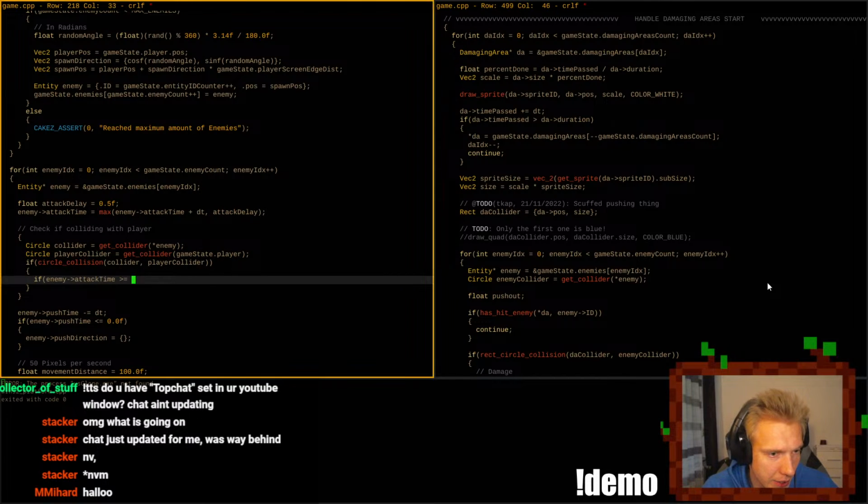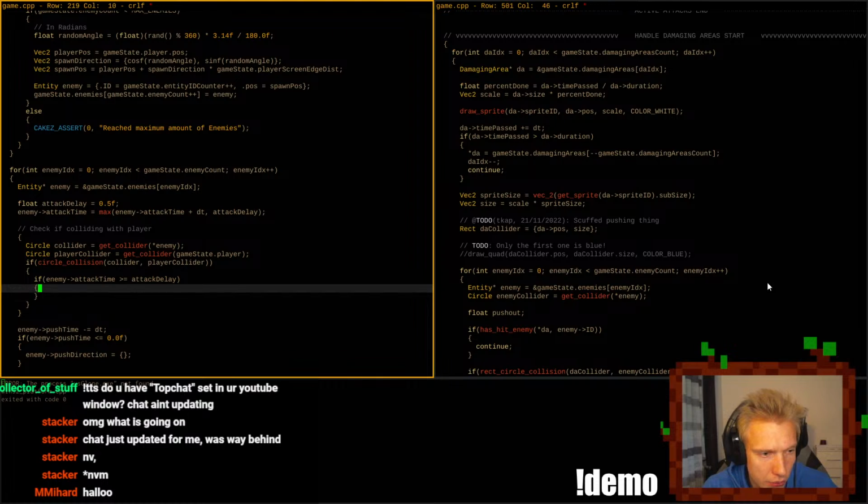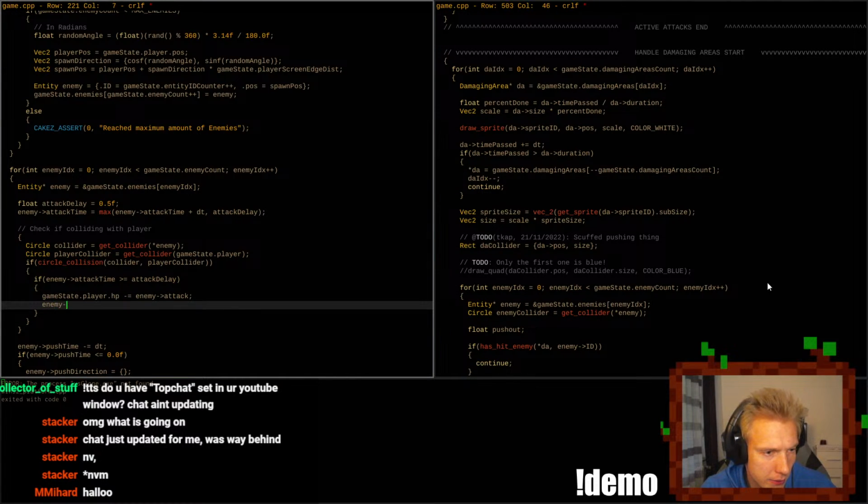And if that is the case, then we deal damage to the player. We do game state dot player dot HP minus equals enemy attack, and we set the enemy attack time to 0. We attacked this frame, so we set it back to 0.